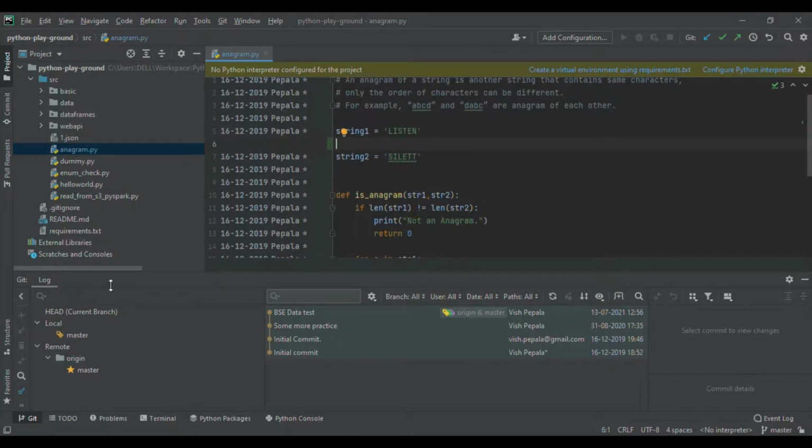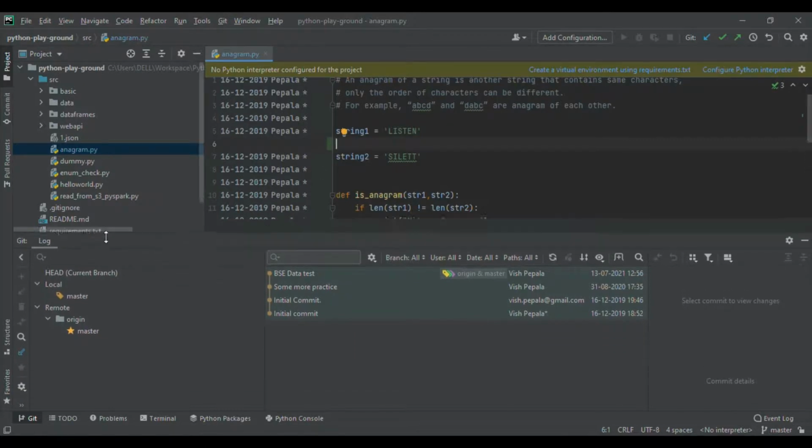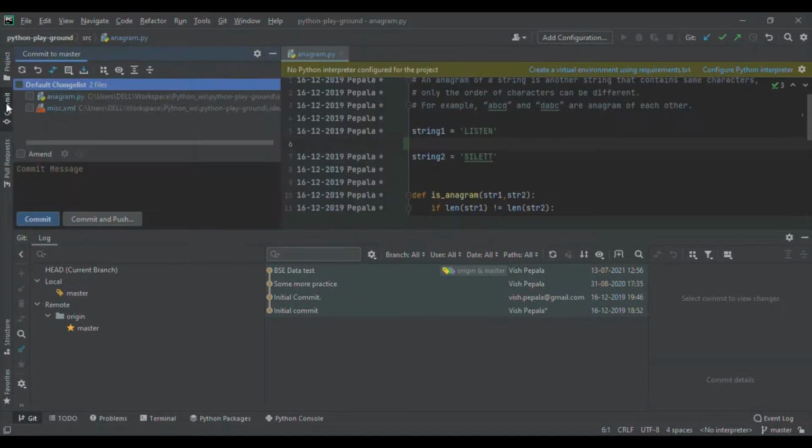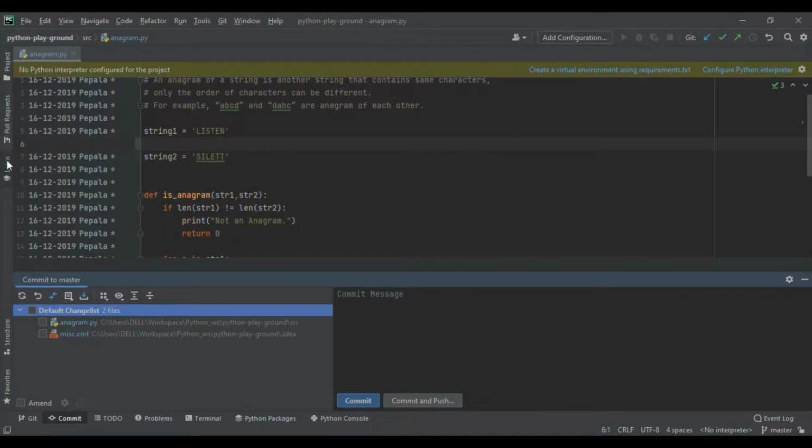Okay, so whenever you make a change to this file, it will show you some of the changes here. One second, here is the commit. It is annoying me. Git is here, commit is here, so I'm just pulling Git to here. You can drag and drop wherever you see something in an awkward position.